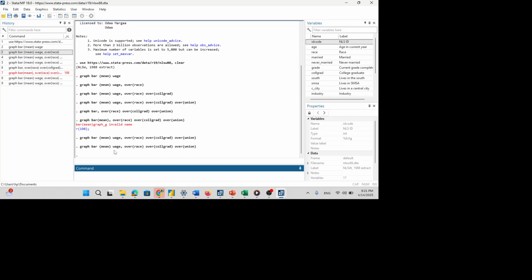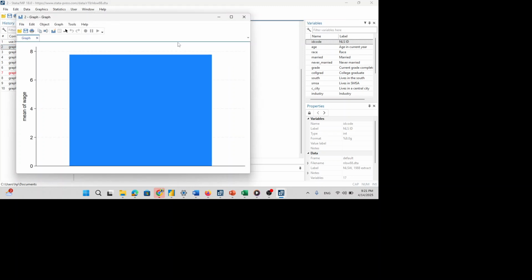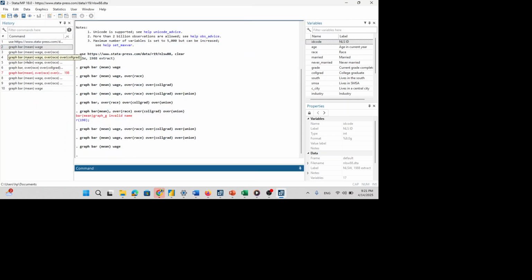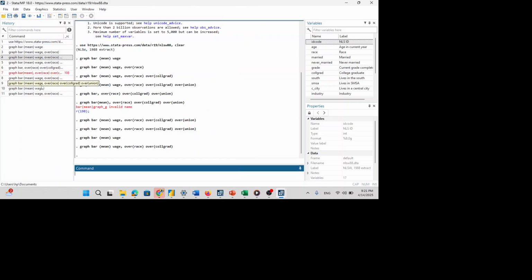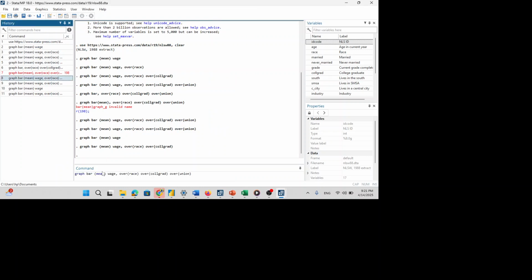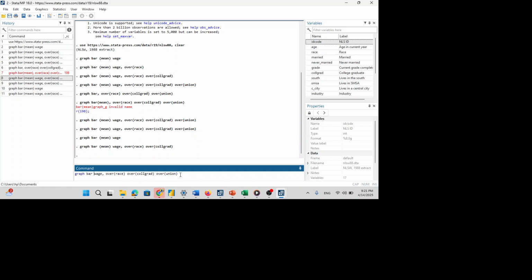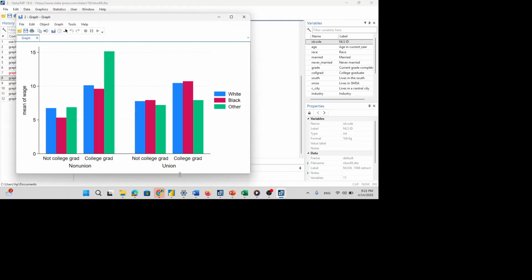Graph bar over, the issue is I didn't use which. Instead of using this one, click enter.